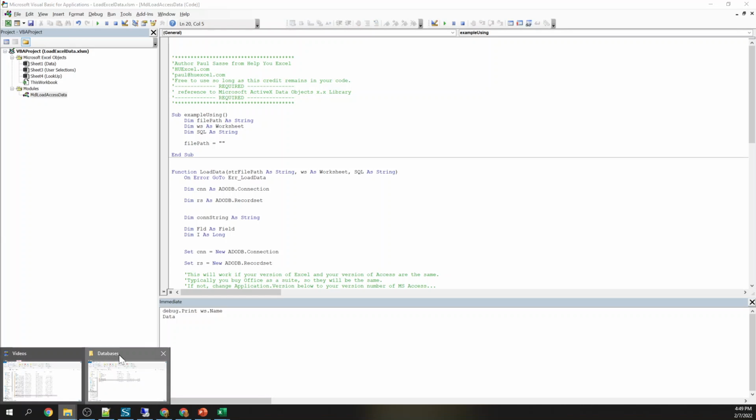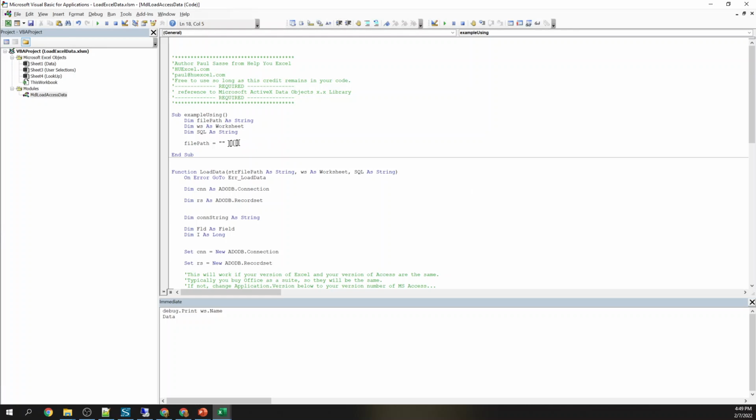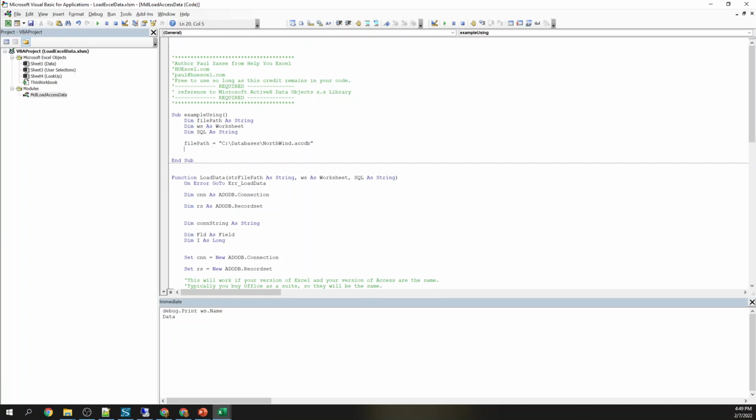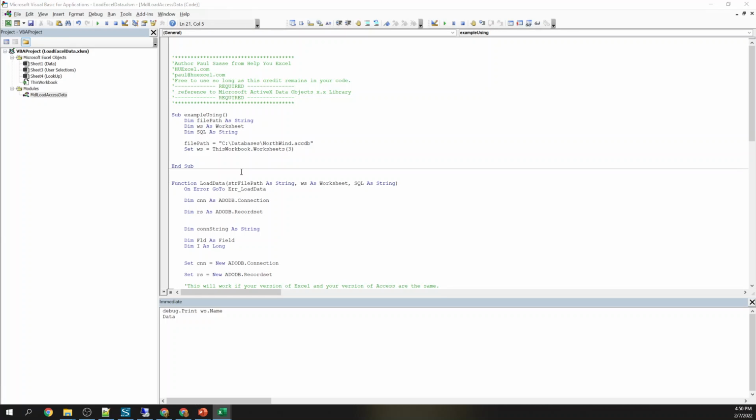I've got a copy of the Northwind database on my C drive that I'm going to use for this. And it is located there. So you just do a simple string telling me where your file is at. In this case,